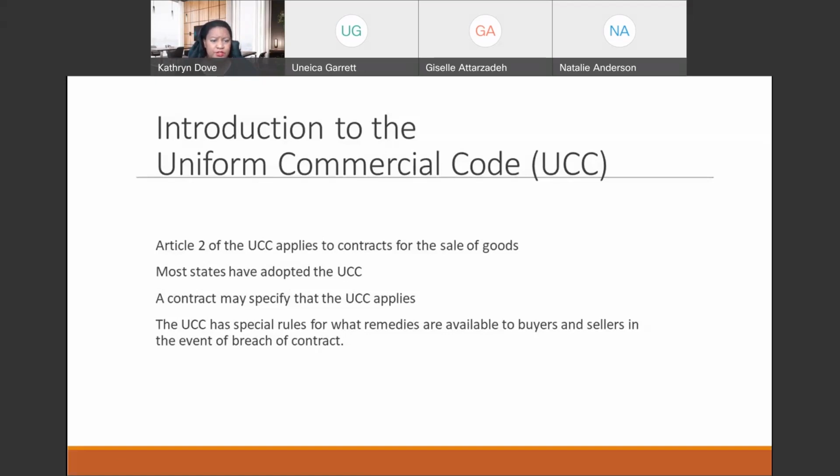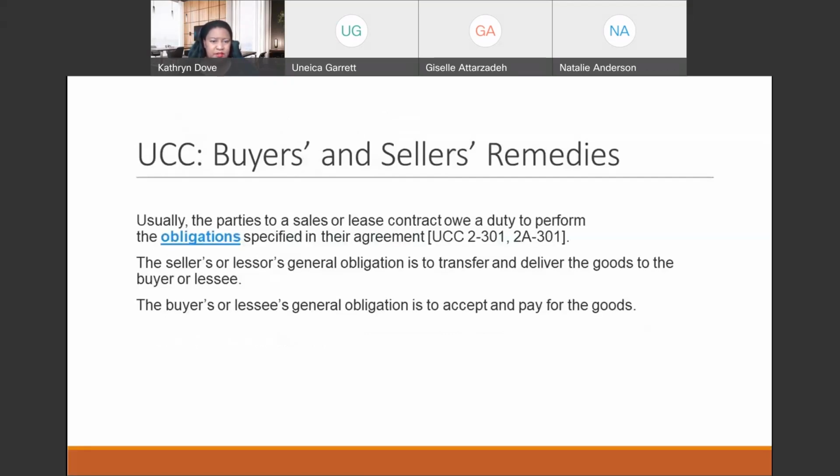So we'll get more into it as we go along through this lecture. But the UCC has special rules for what remedies are available to buyers and sellers in the event of a breach of contract. Again, this is all to ensure the smoothness of commercial transactions, because you can see from our robust modern economy, it is very important that we have the free flow and sale and purchase of goods to keep that economy strong and robust. So, let's take a look at some of the buyers' and sellers' remedies in the event of